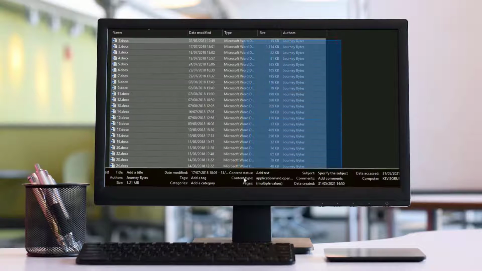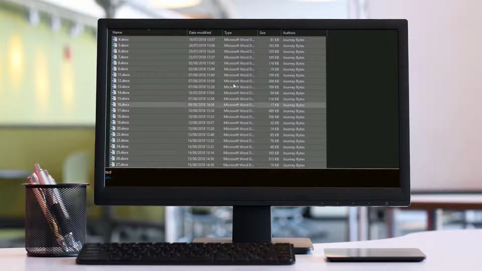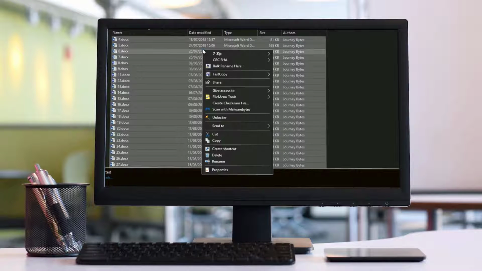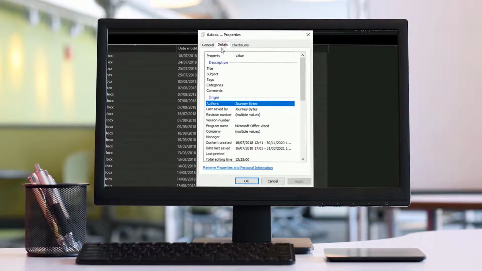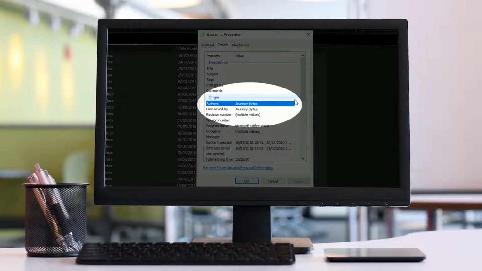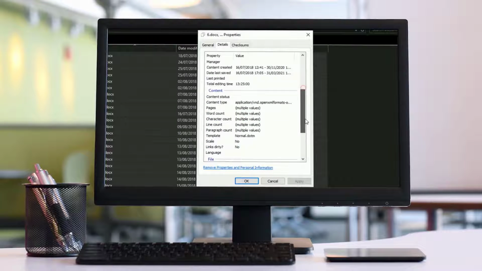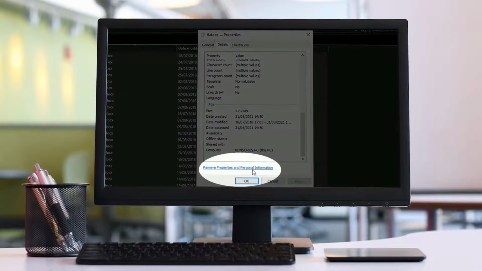Okay. Now, let's select all documents, right-click, Properties, now click on Details, and we have Author here as well, and Last saved by, and at the bottom we have Remove Properties and Personal Information. So click here